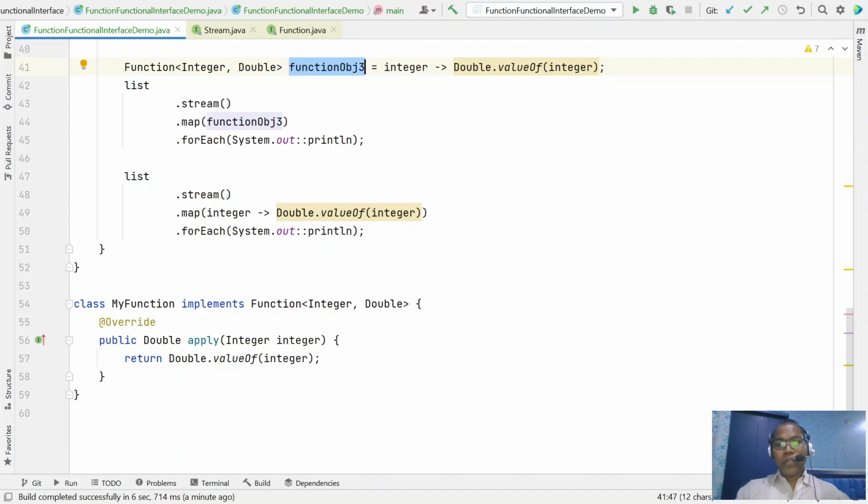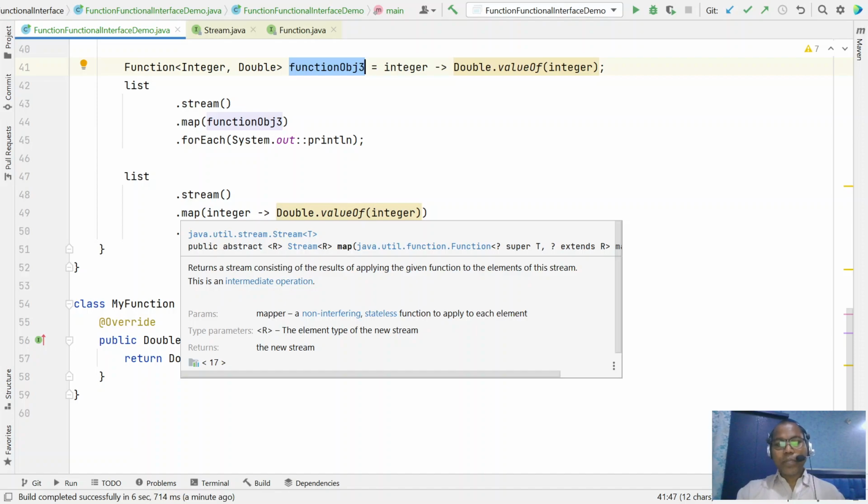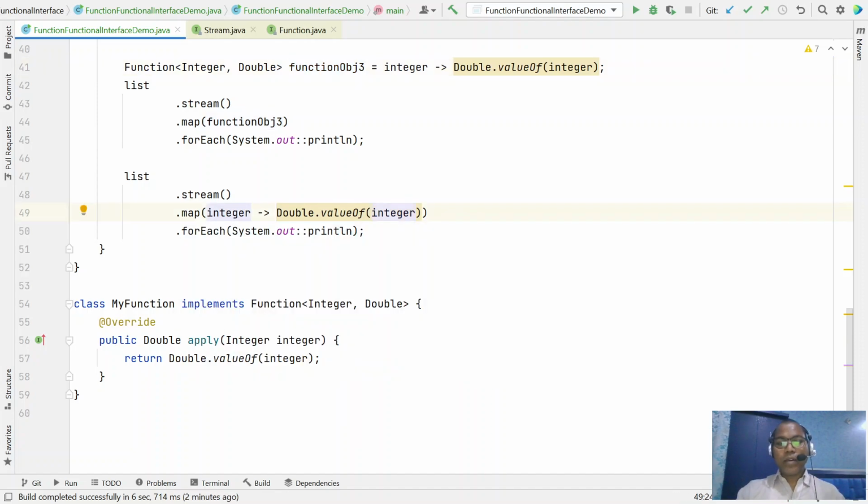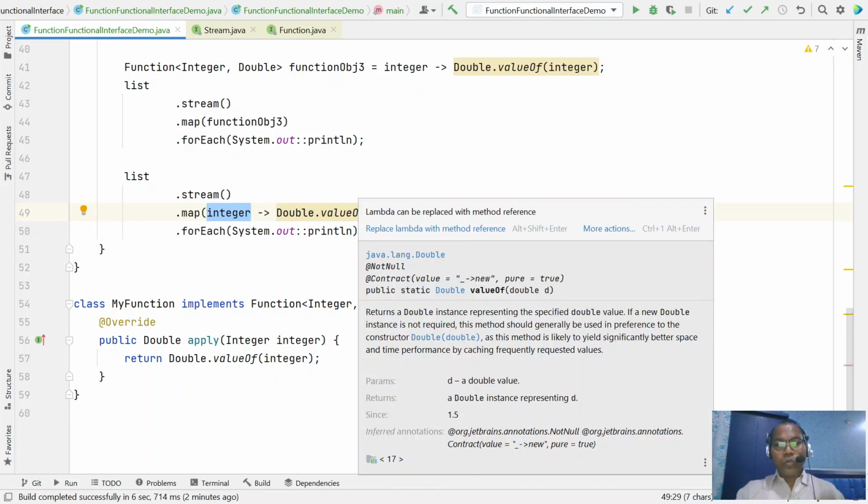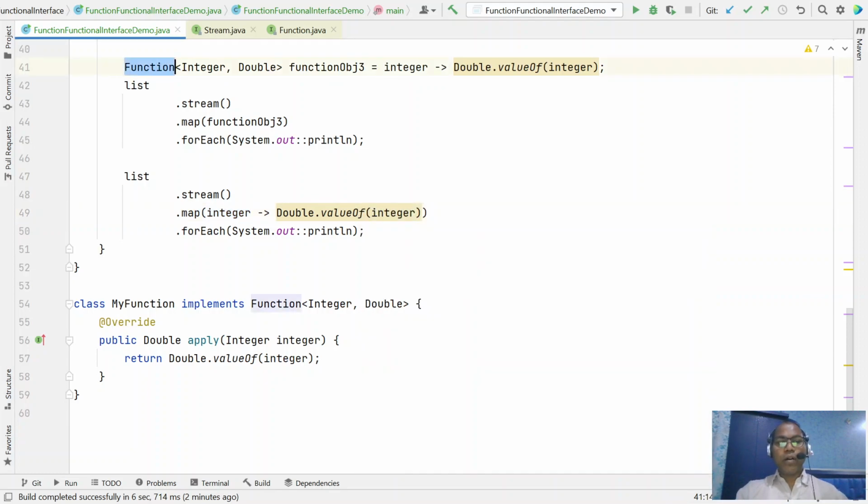This says that we accept any code, any method definition that has the same signature, one input and one output. It does not mean you always need a Function.